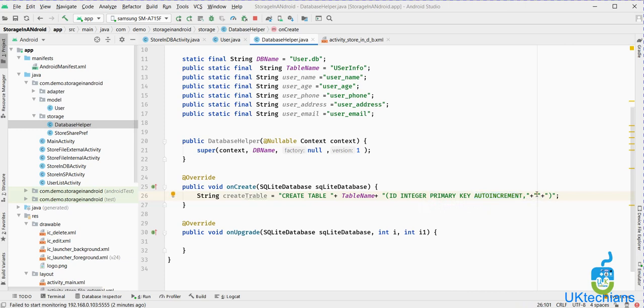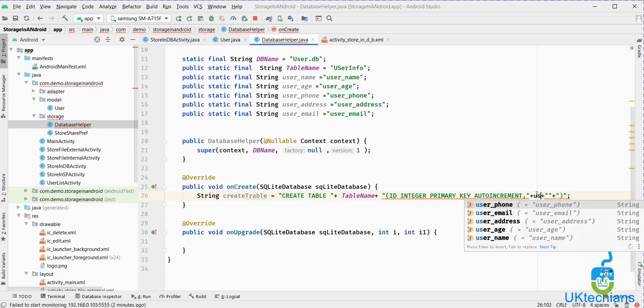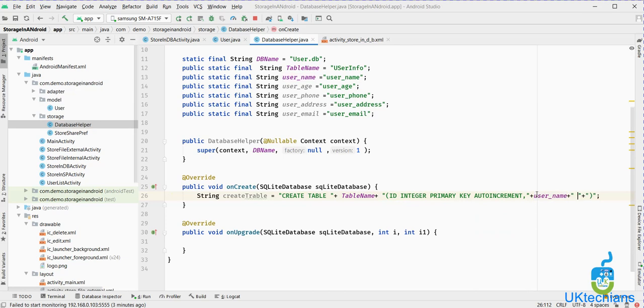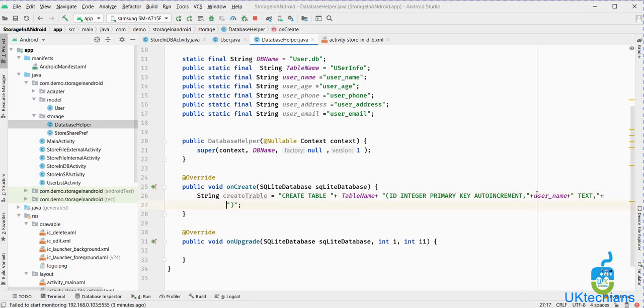Then the column name will be username, and then space, and we will give the type as text. Now similarly I will add the other columns.